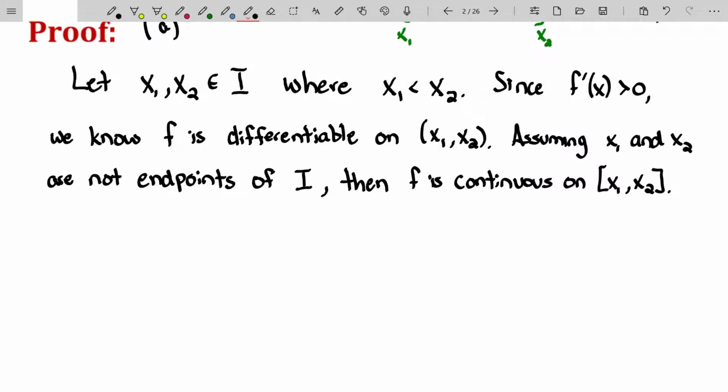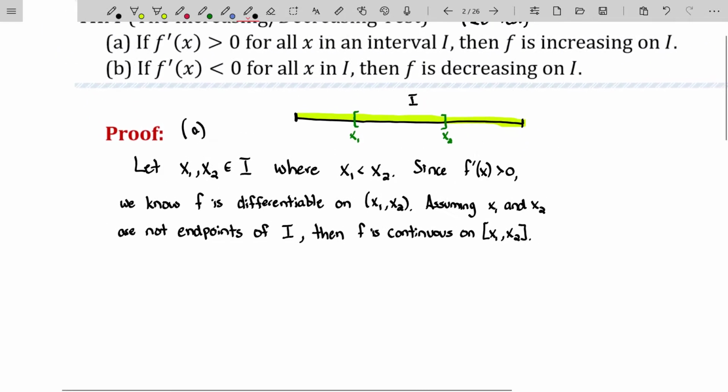The endpoints don't really matter for our interval here because you're never really going to have increasing or decreasing behavior at an endpoint. That's an often misunderstood piece of mathematics, and in fact some instructors or professors will actually disagree with this, but you can only have an interval of increase or an interval of decrease be open. You do not want to include endpoints on intervals of increase or intervals of decrease, because if you did, you're